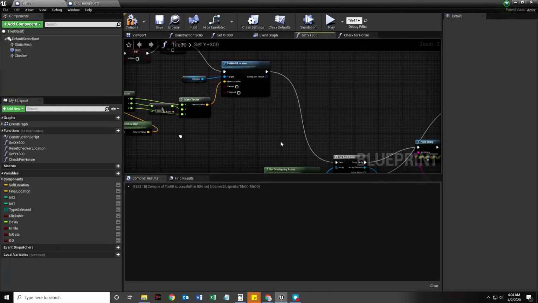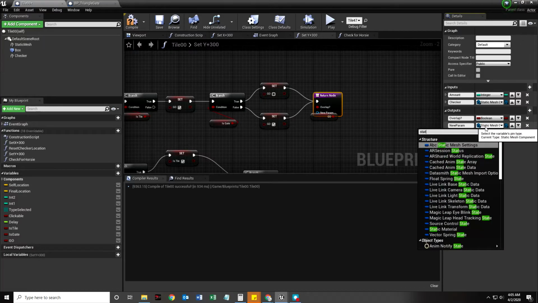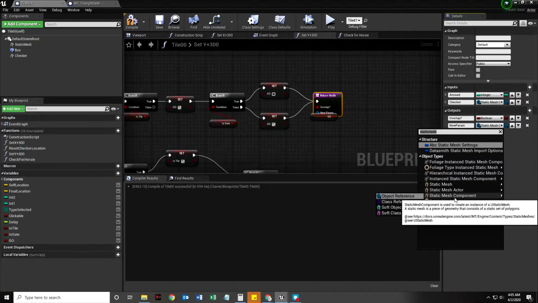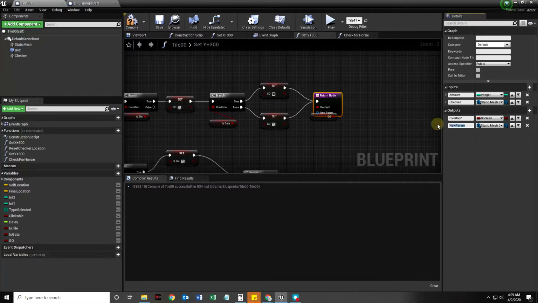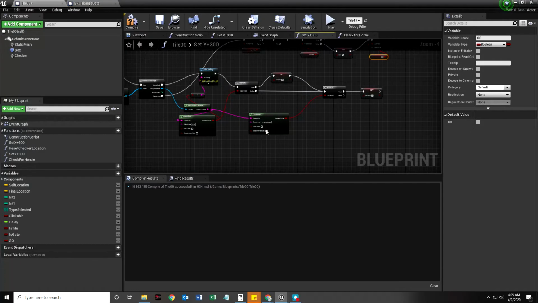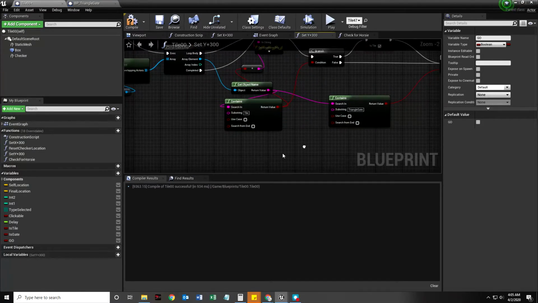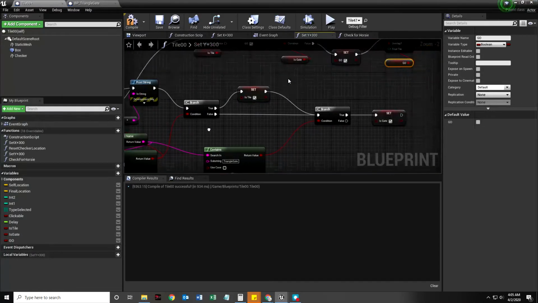And whenever this is last, so I'm going to get this return node, I actually need a static mesh component, because that's going to be the tile that we change color. And I will call this final tile. We don't always need it, but it will help. And what we're going to do is say, if it is a tile and it's true, the other thing we're going to do is say,